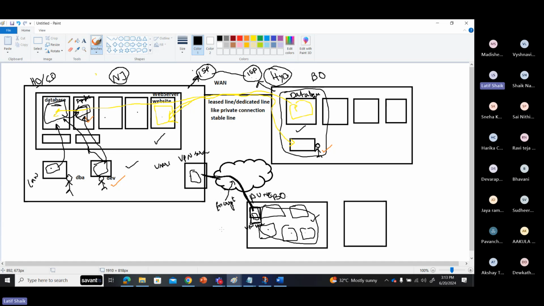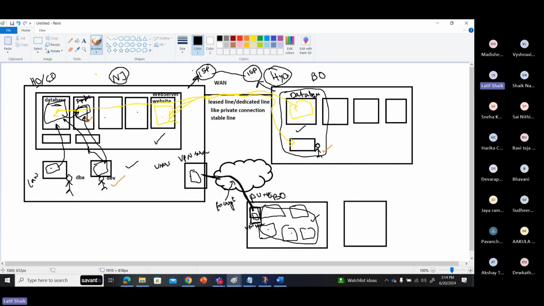That's why, in a simple sentence, some people say VPN is a connection from one private network to another private network over the public network, with security and encryption.